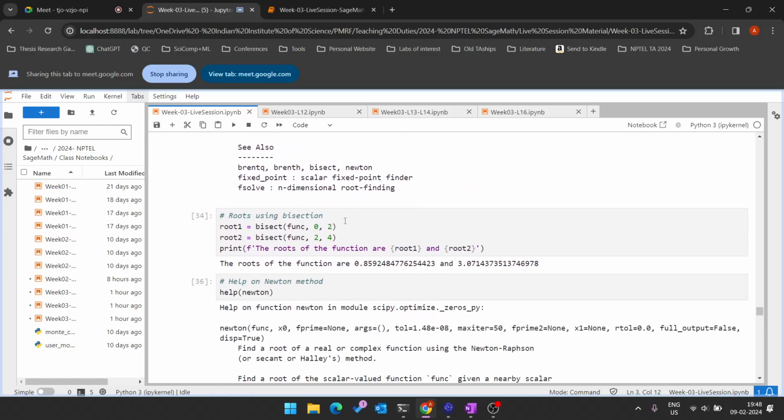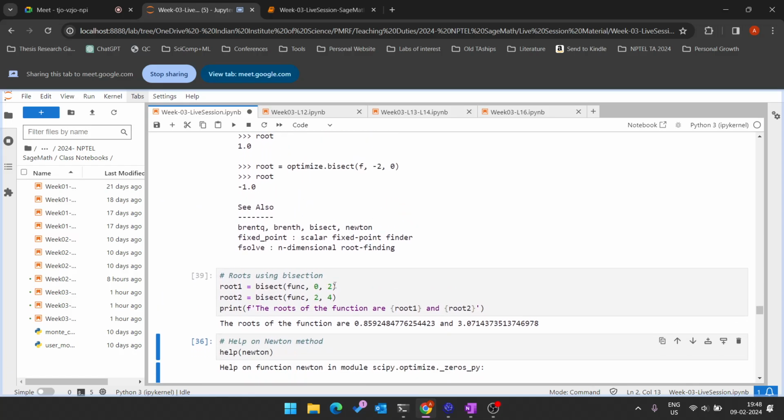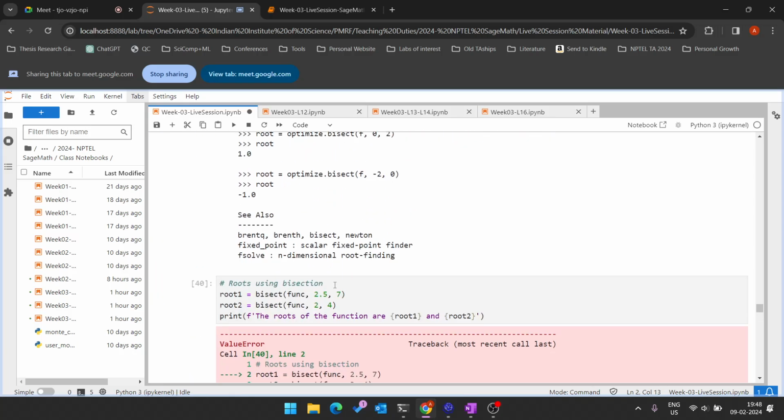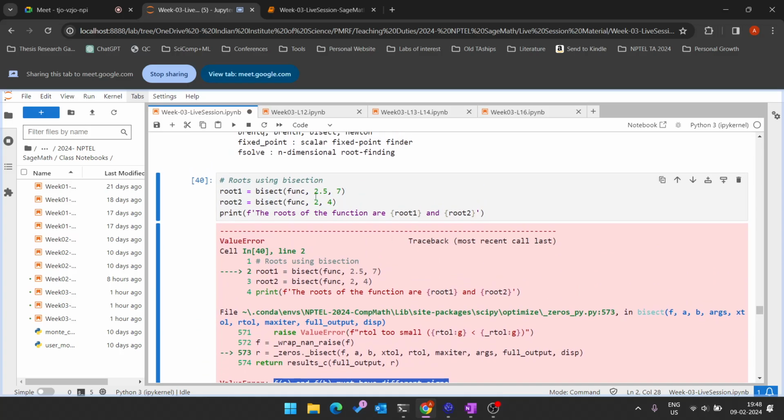अब इसके बाद हम बेसिकली हमारा बाइसेक्शन फंक्शन रन कर रहे हैं जिसमें हम फंक्शन दे रहे हैं और इसके इंटरवल दे रहे हैं। तो जब हम ये रन कर रहे हैं इन इंटरवल के लिए तो हमें आंसर मिल जा रहा है। अगर मैं चेंज करूं, हमें पता है कि 2.5 और 7 के बीच में दो रूट्स हैं, तो हमारा एक वैल्यू एरर आता है जो कि बोलता है कि f of a एंड f of b का साइन डिफरेंट होना चाहिए।